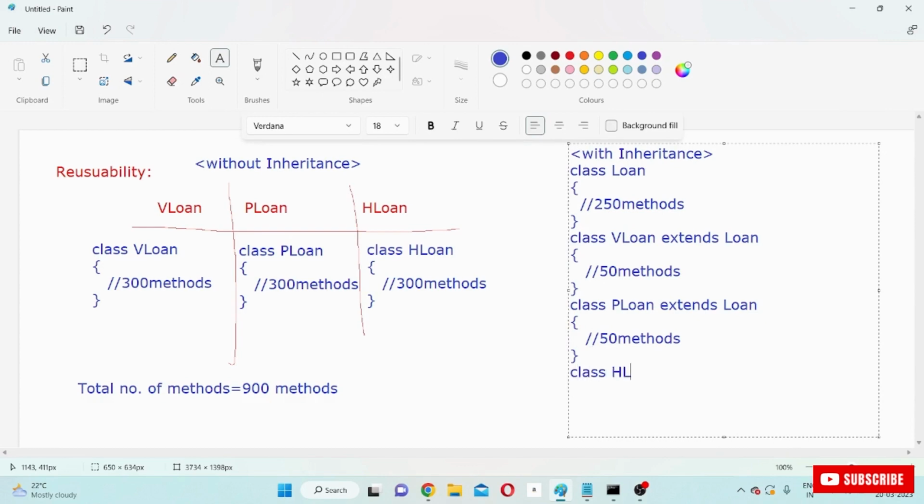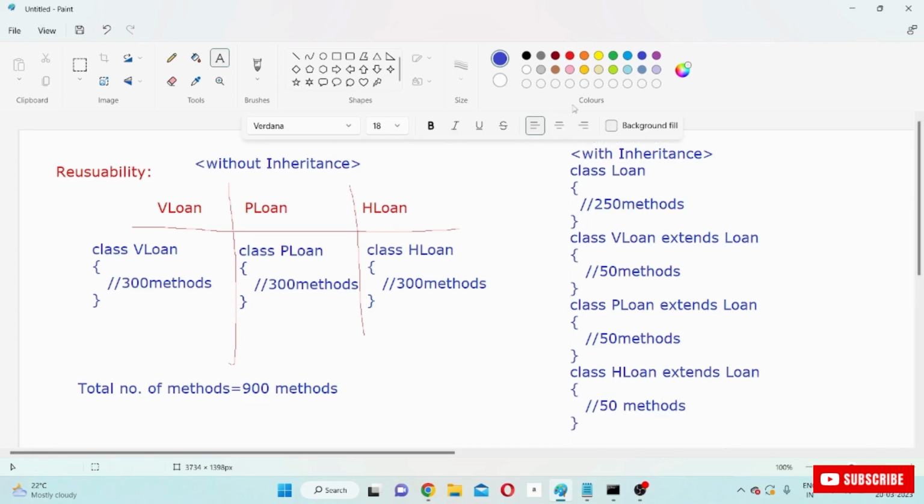Class home loan extends loan class, and the remaining 50 methods you define. In this way you develop this application. With inheritance, how many methods did you define? 250, 50, 50, 50, 150. 250 plus 150, 400. So the total number of methods